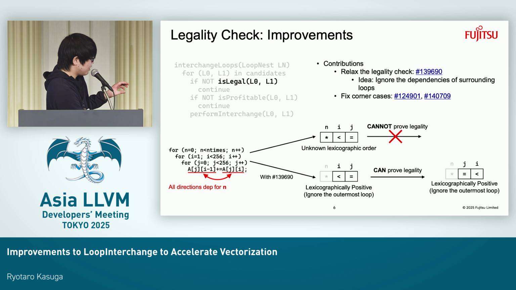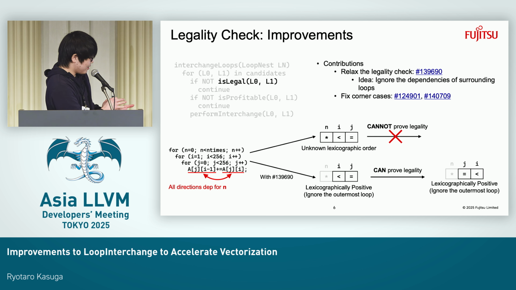Focusing on the outermost loop, namely the N loop, we must assume this loop has loop-carried dependencies with all directions. So we have to mark it as star. And in this case, we cannot assume any lexicographical direction for this direction vector. So the problem of the previous implementation is that we had to check the entire lexicographical order when exchanging some 2